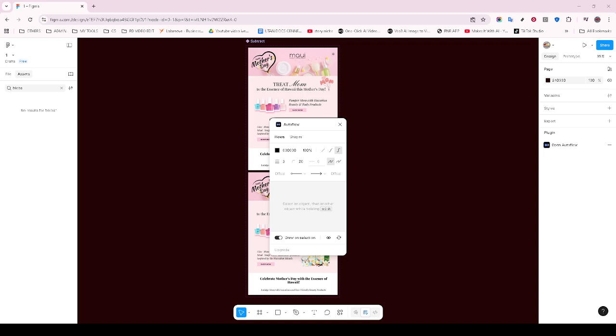And there you have it. You're now equipped to enhance your Figma projects with the Blobs plugin. This tool is a great